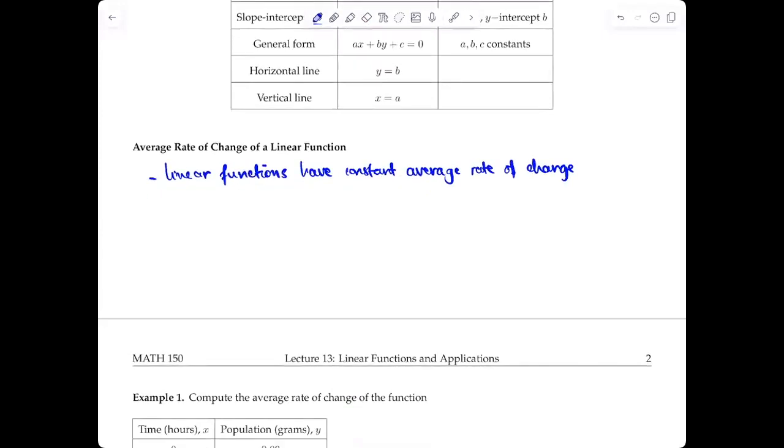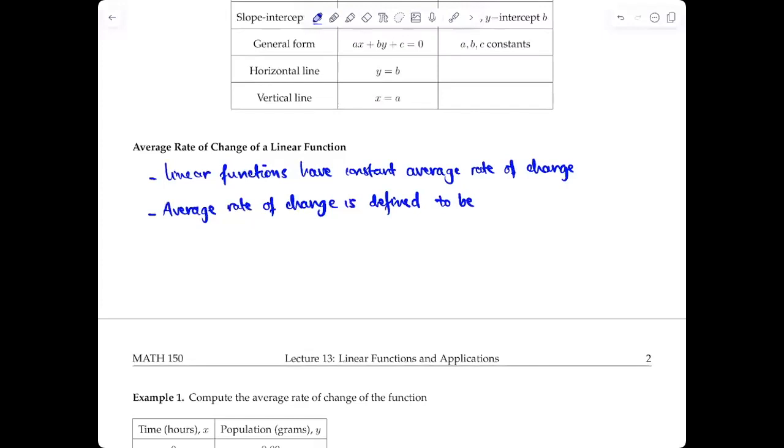And average rate of change is defined to be